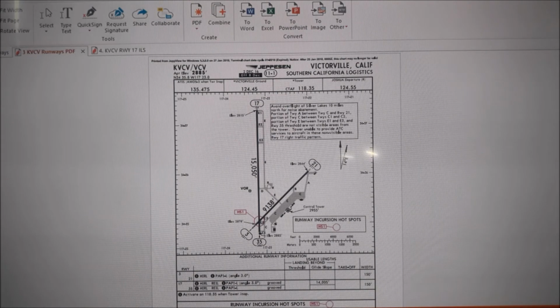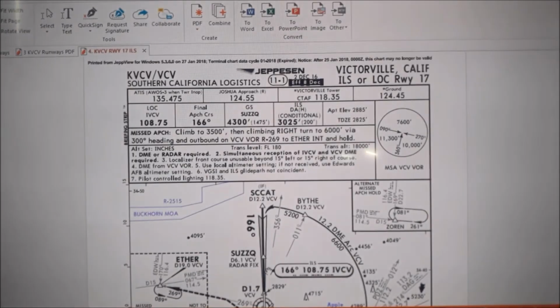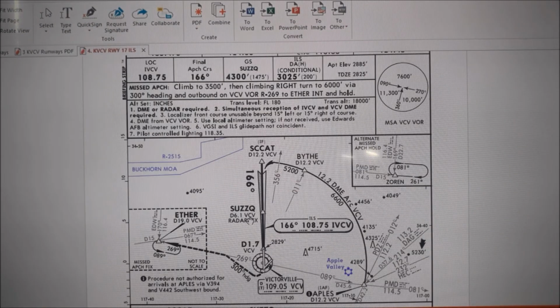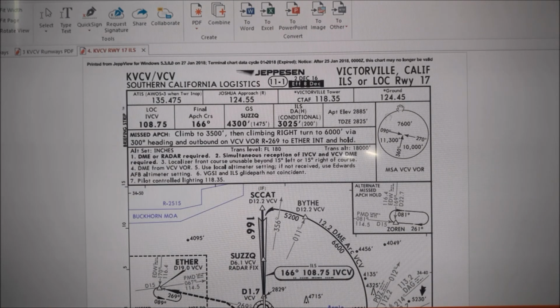Now let us look at what we need to put into the plane. Okay, now we have seen we will be coming, this is the runway here, and you see this procedure is ILS, Instrument Landing System, LOC Localizer, runway 17. 17 means 170 magnetic.